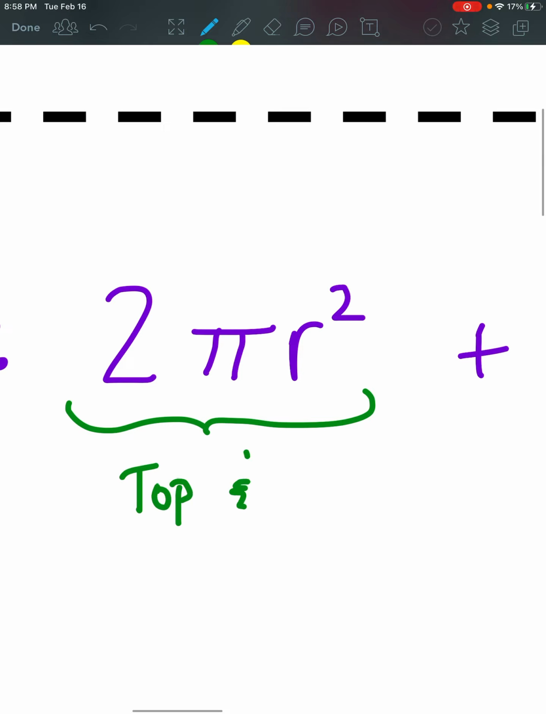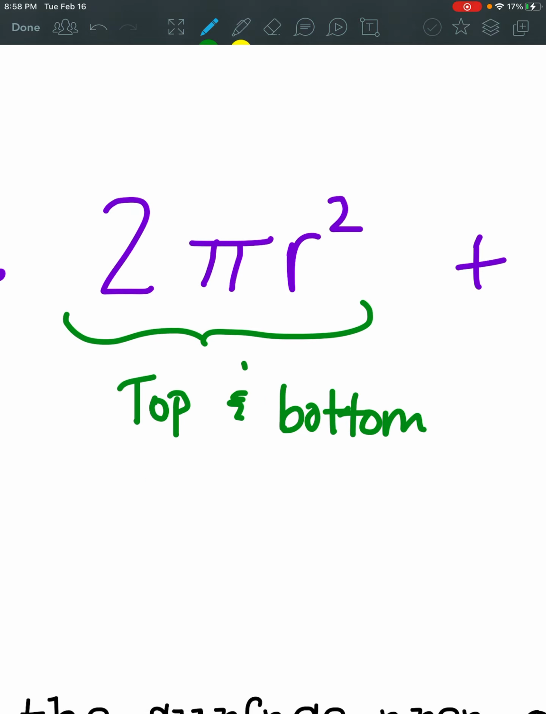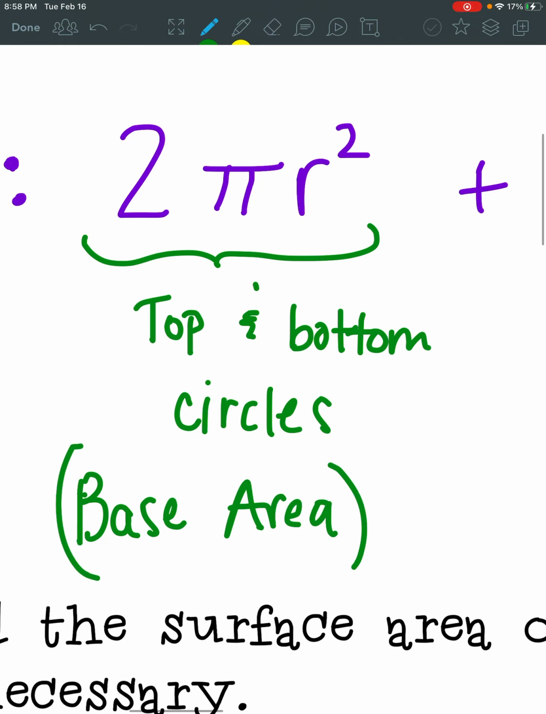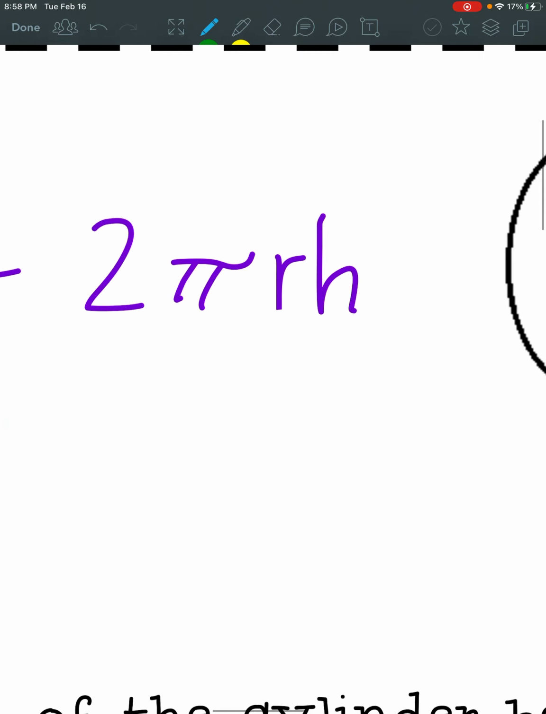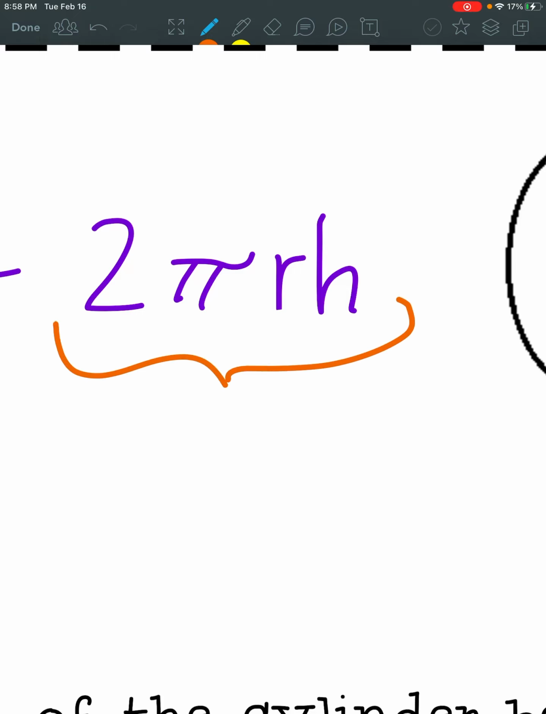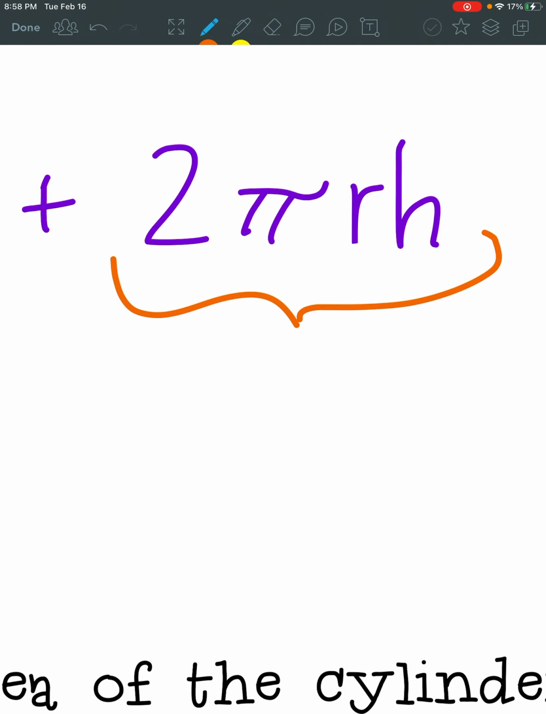And it depends on how your cylinder is facing or sitting. But the two circles, the top and bottom circles, are the 2 pi r squared. So that is what we call the base area. Then the 2 pi r h, so 2 pi r is actually the circumference of a circle, so around the outside of a circle. Times the height, well, that is your circumference times the height. That's the rectangular part on the outside, the lateral area